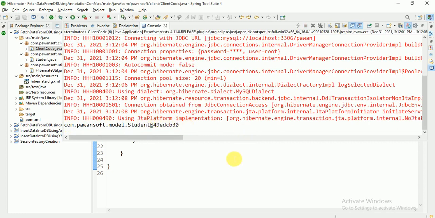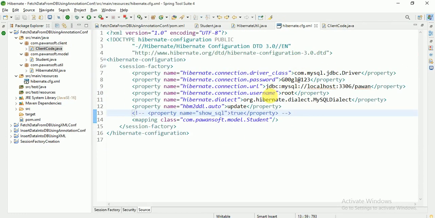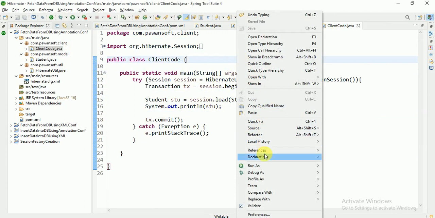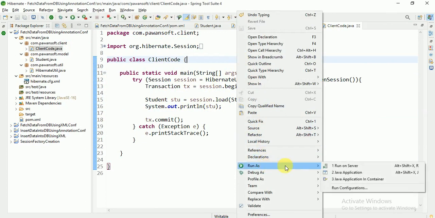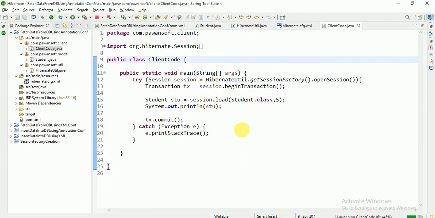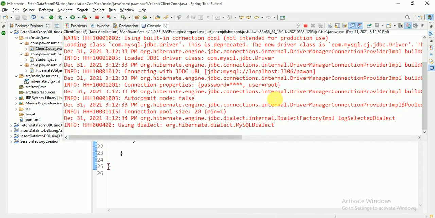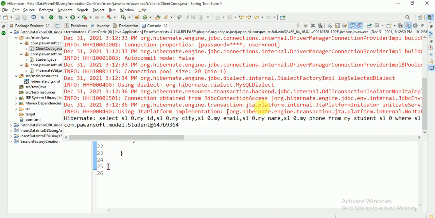Let's uncomment it and see again. This time it will print the query, meaning I'm going to fetch the data, so it will print the select query. You can see it's printing the select query, right?